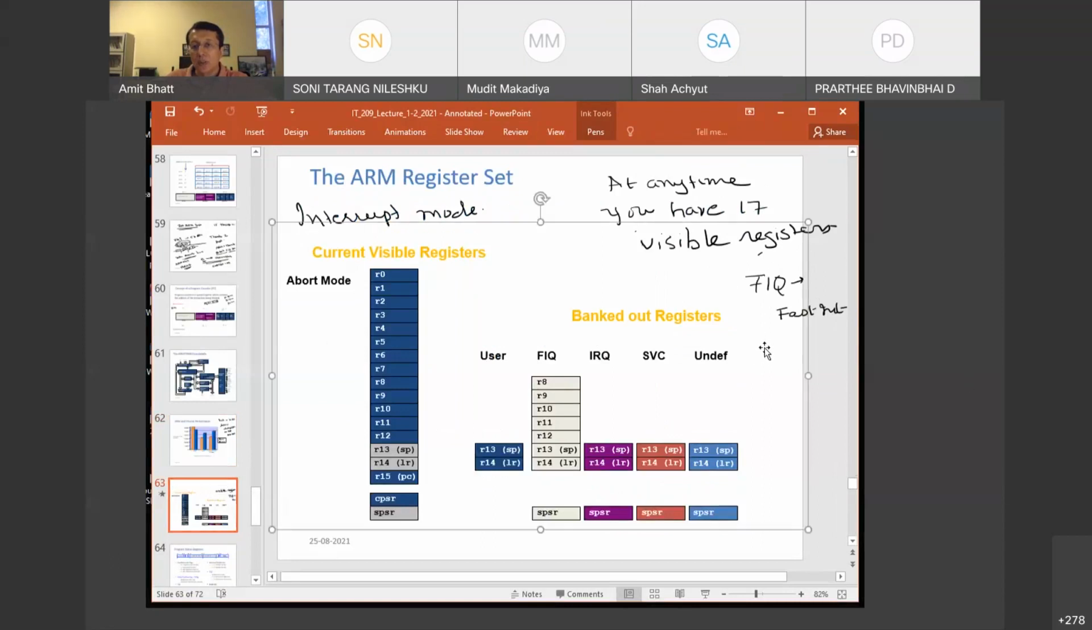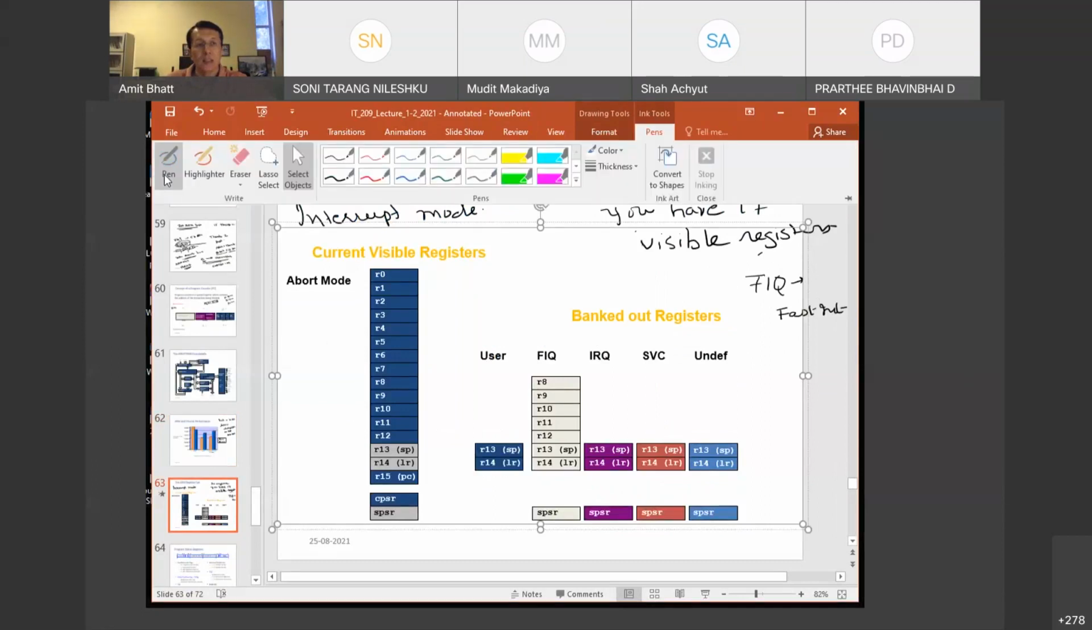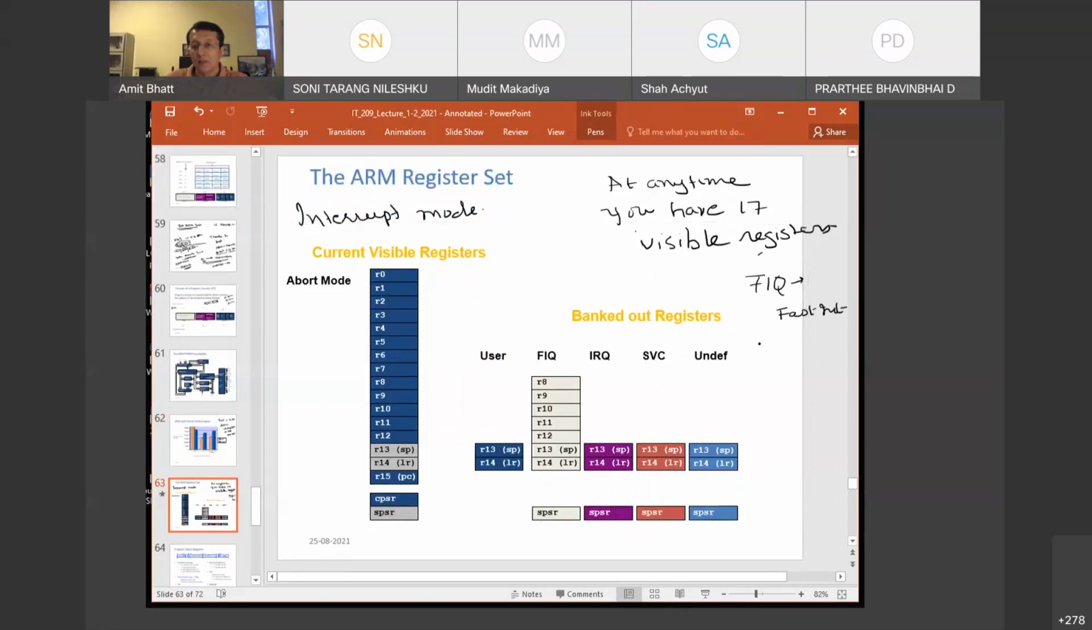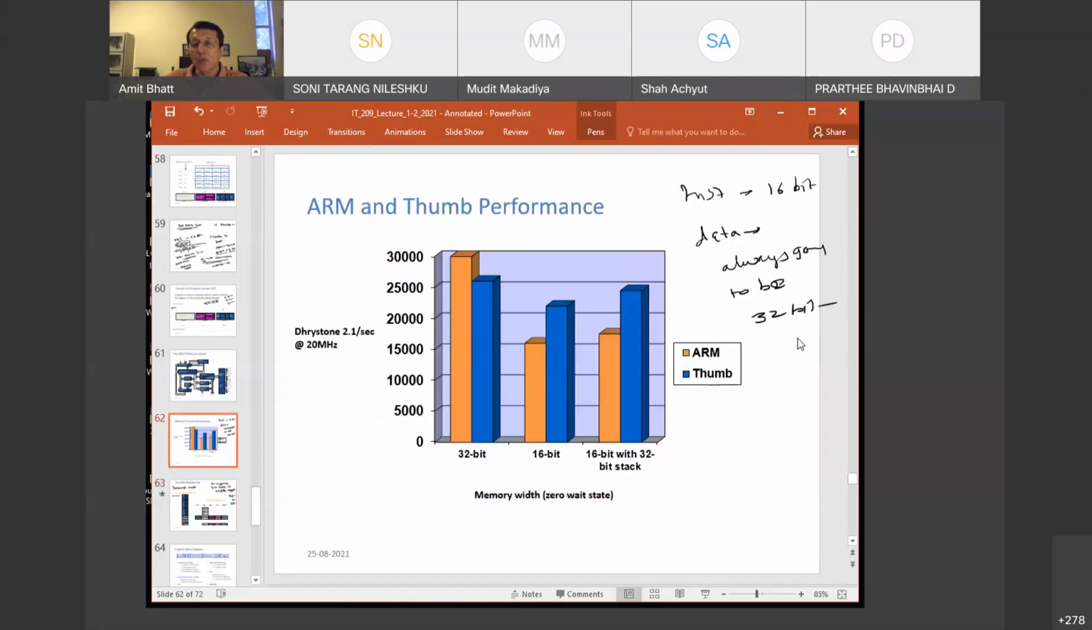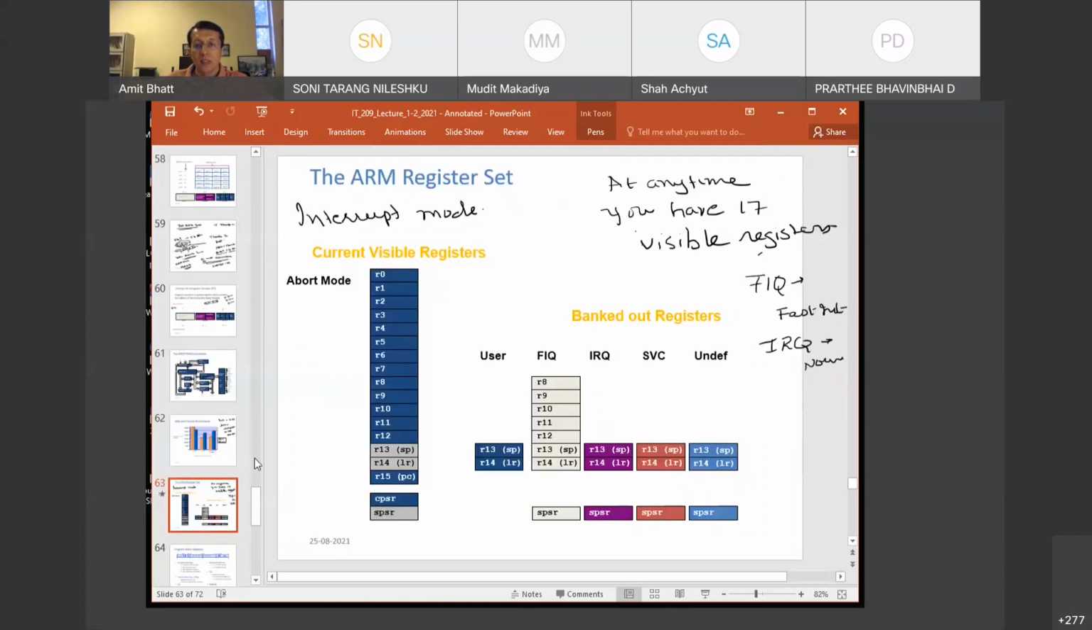IRQ stands for normal interrupt. So these two are external interrupts. FIQ means fast interrupt, and IRQ is the normal interrupt. Other interrupts are